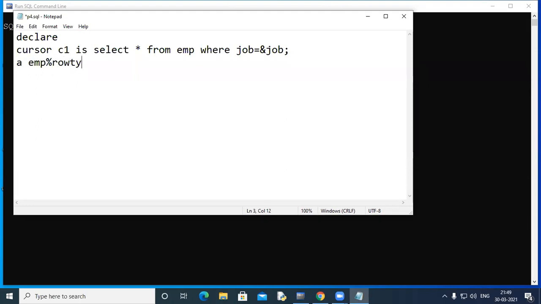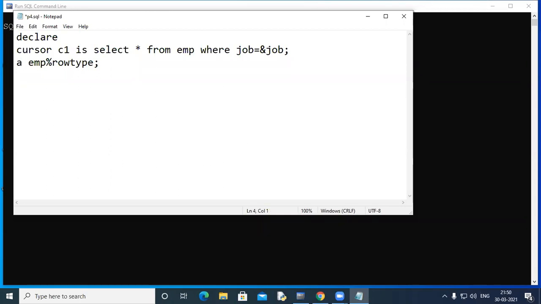That is, I want to declare a row type variable, whose name is A. And this declaration means that this variable A can access all the columns of the EMP table. Just simply like a structure sort of thing, structure variable and structure members. So this variable A is a %ROWTYPE variable, so it can access all the columns of the EMP table.